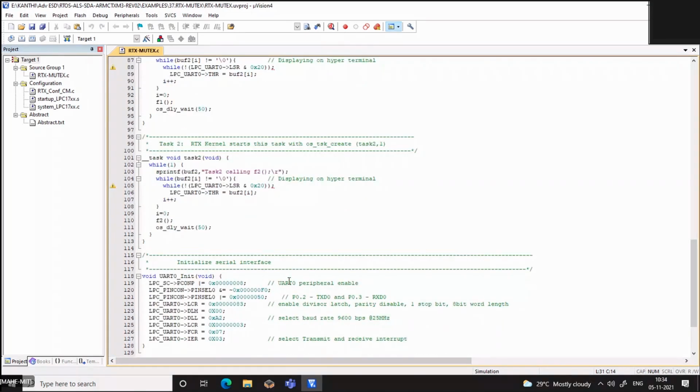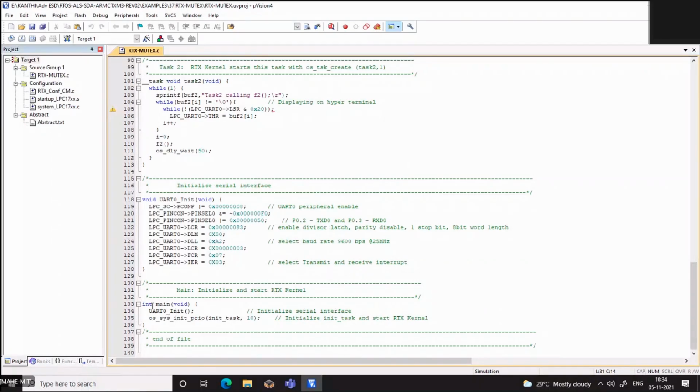To begin with, we have a main program in which we are using system initialization with the priority as 10, the highest, and we are using the UART initialization function.